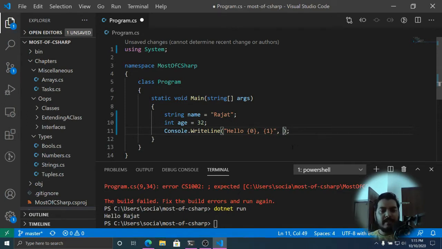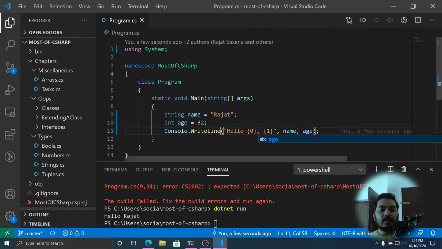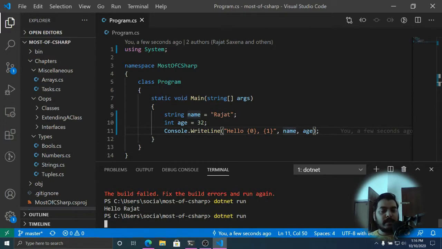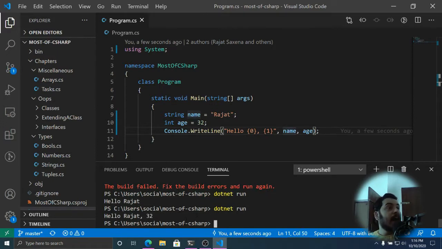So right after this I'm going to put a comma and write name, and then a comma and then age. So it is going to substitute name at this 0th place and age at this 1st place. Let's run this program, and we have got our output. So we have seen three ways of producing information on the console.